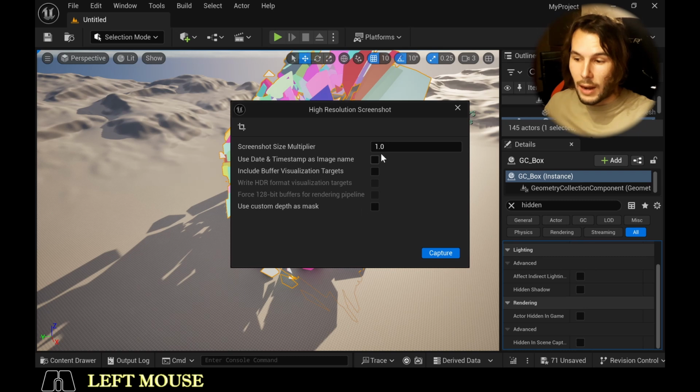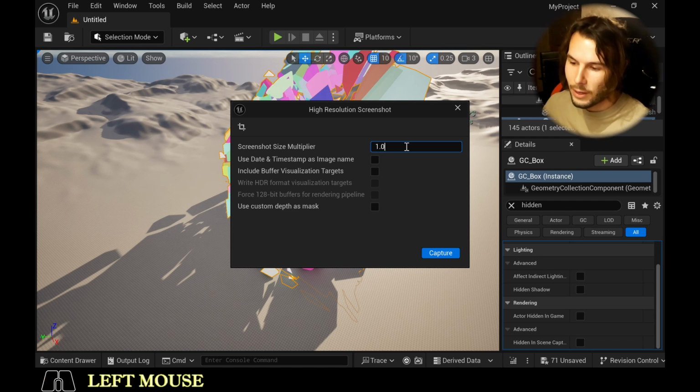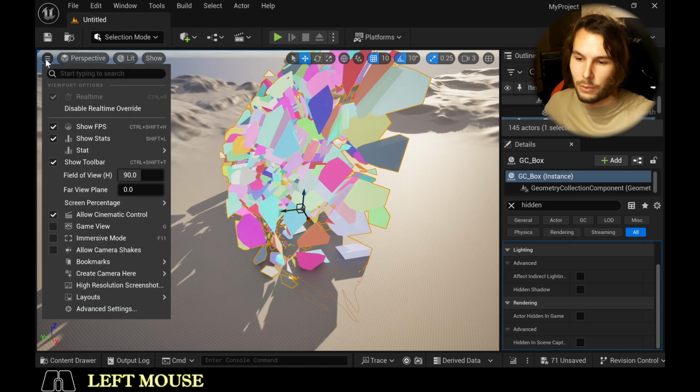You can create a high resolution screenshot so you don't have to capture your screen. Just don't go too high here because it will crash your PC, trust me. I did it once with 8 and this didn't go well, but just saying. You can enter the screenshot size multiplier, and usually don't go over 2 here. I highly recommend using date and timestamp as image name so you can capture something directly from the viewport